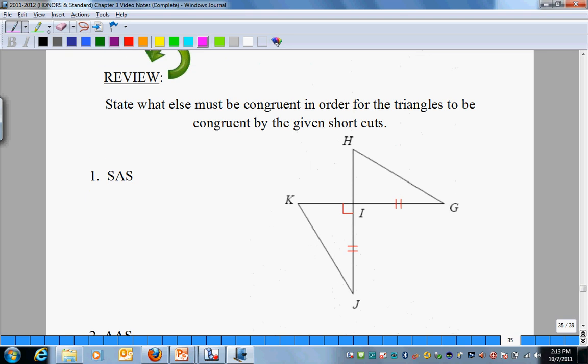So it says here, state what else must be congruent in order for the triangles to be congruent by the given shortcut. So let's look at what is given here. We want side angle side. So we are given